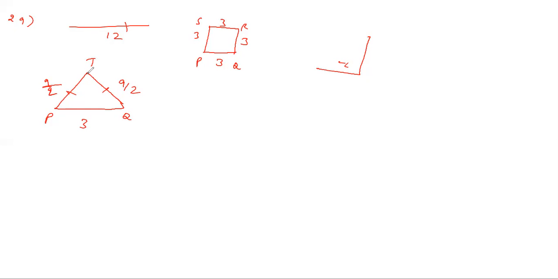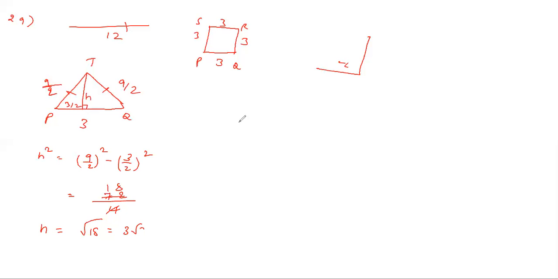So you can find the height directly by using right angle triangle. This is midpoint, so this is 3 by 2. So what is H? Right angle triangle: H square equals 9 by 2 whole square minus 3 by 2 whole square. So 2 square denominator 4, 9 square minus 3 square, 81 minus 9, 72. So what is H value, height? Root 18, means 9 into 2, so 3 root 2.